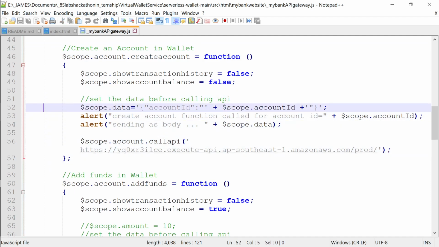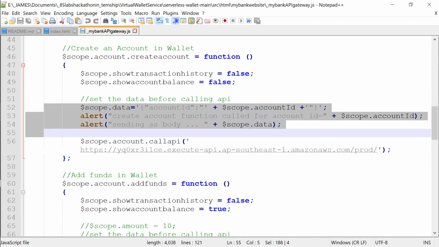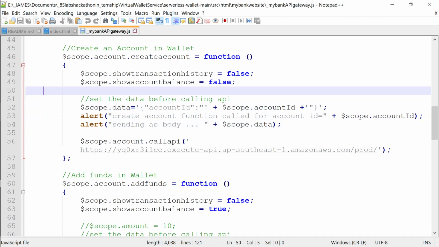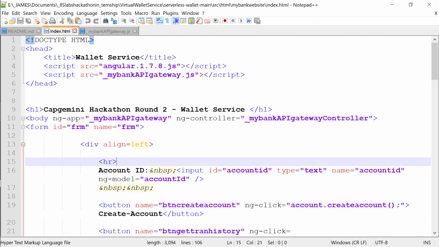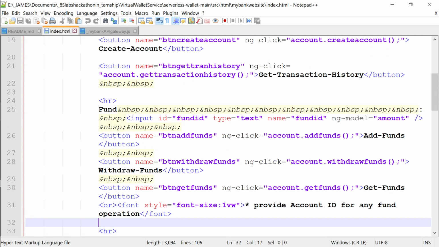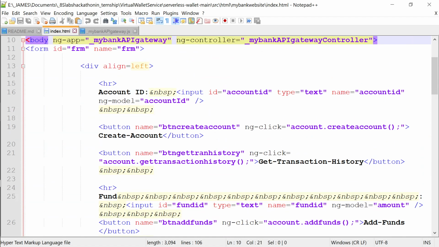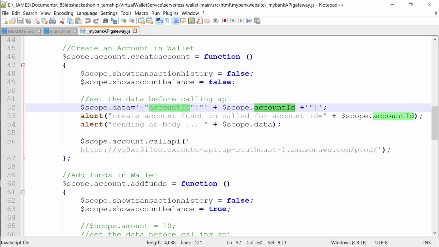The magic code is, you saw some alerts, right? Some pop-up, account ID so and so. I'm calling this body API. All this was done by this alert over here. So what is scope dot account ID? The account ID was tied to the text box over there in the HTML page. You see, ng-model is equal to account ID. This is the account ID. So whatever data is typed over here, I will come to know. I can read it over here and I can display it.